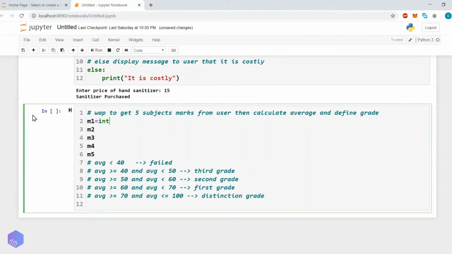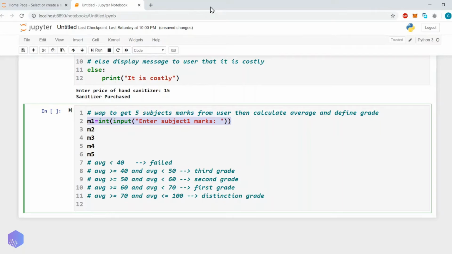So here we will directly convert input into the integer. So let me write down how we will do it. We will write down input function and then we will display message like enter subject 1 marks. Clear with this?